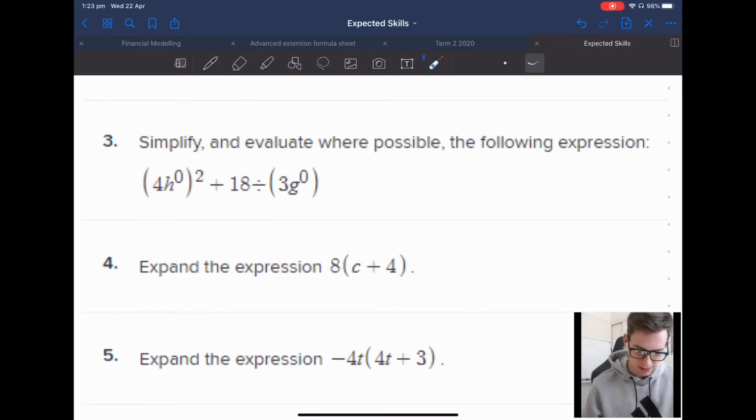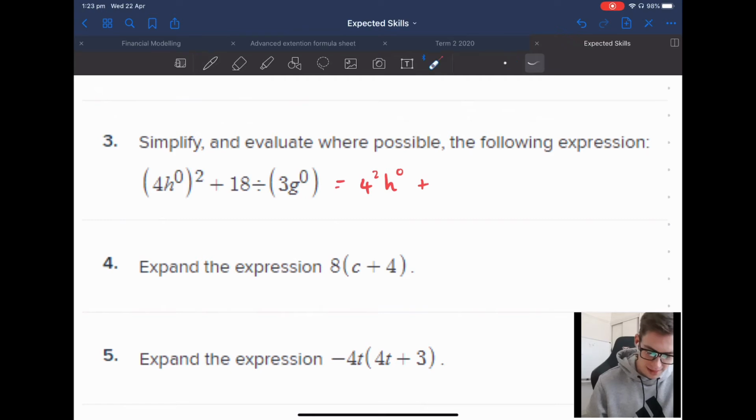In fact, let's quickly go through that one. On that first set of brackets, there is an extra little trick, which is why I'm going to go through it. What you'll notice is that the squared is out here. So both parts, the number and the algebra, are going to be squared. So it's actually going to be 4 squared h to the 0, because 0 times 2 is still 0, plus,